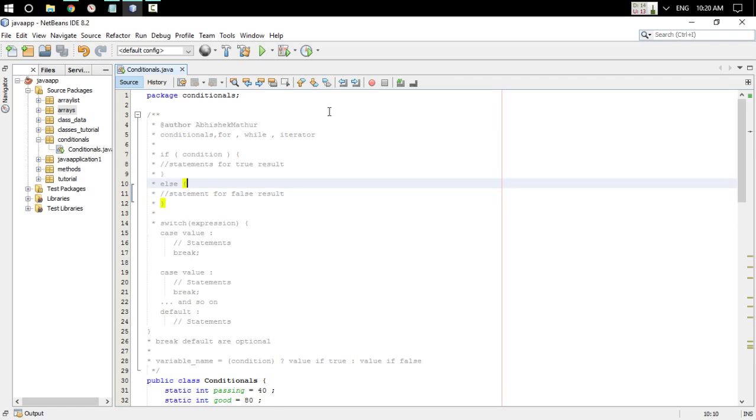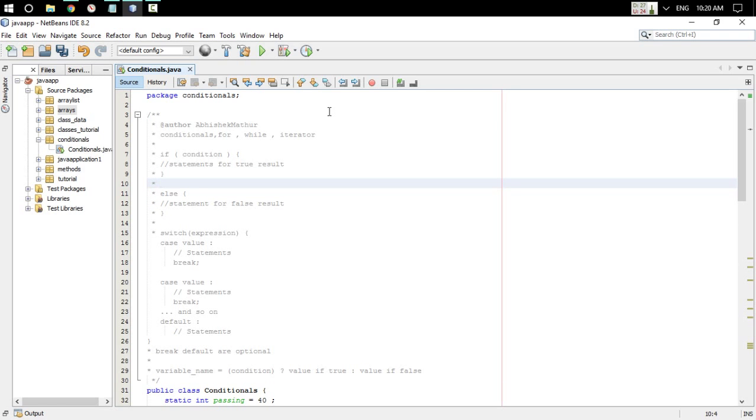We can also make it nested, like you can first type the condition of if, then you can write else if condition, and so on, and finally else. The else and the else if blocks are optional. You may want to use them or you may not implement them. Then the second type is the switch